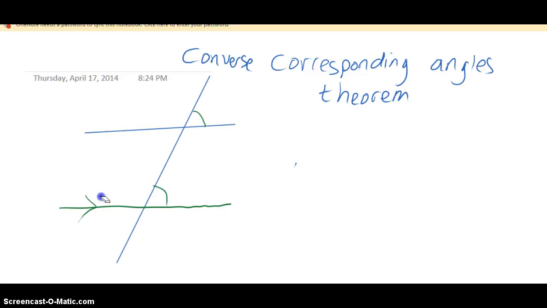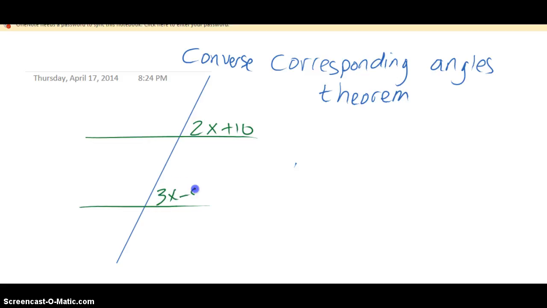And what might we use this for? Well, we would use this to do something like the following. You might be told that this angle here is 2x plus 10, and that this angle down here is 3x minus 55. And I might say, if x equals 65, can you prove that the lines are parallel? So what we have to do is plug in x equals 65 to each of these and see what happens. So first of all, 2 times 65 plus 10,